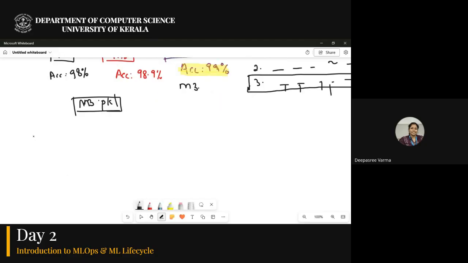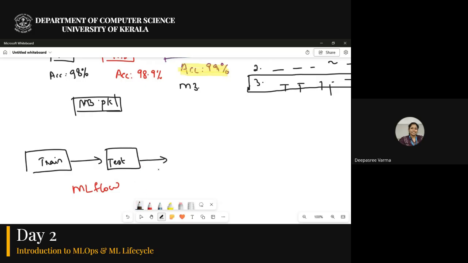Initially, at the time of training and testing, to keep track of experiments we use MLflow. Using this, we find the best model, and then that model gets deployed.